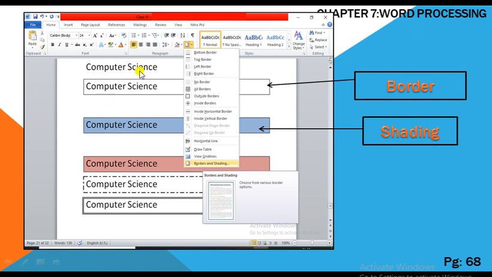This is a simple text without border, without shading. A border has been added here through this border icon. Shading has been done here through this shading icon. And if you want your border to appear in different styles and patterns, you will select border. In this menu you will go to borders and shading,